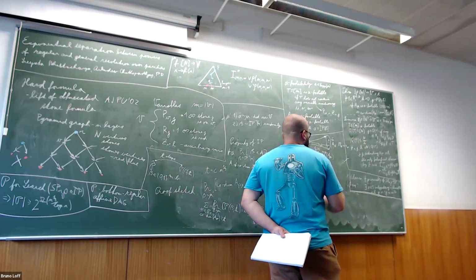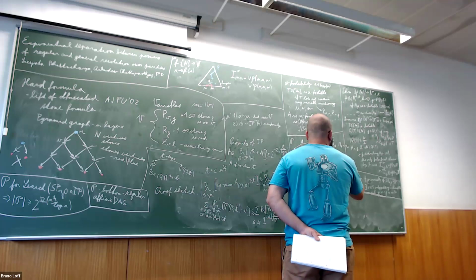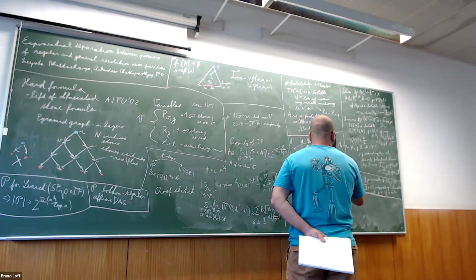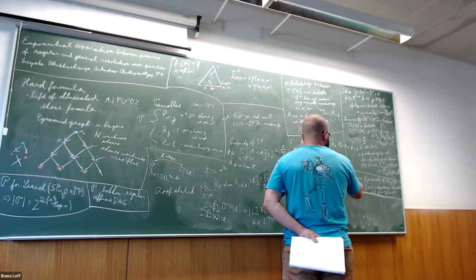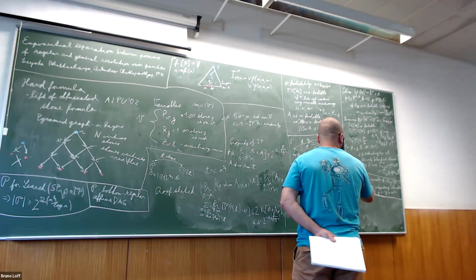The space U is the span of the union of all things in S and the row space of